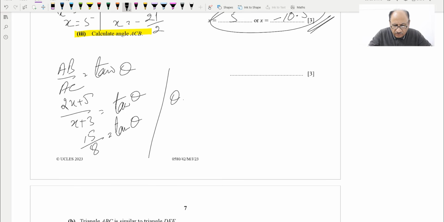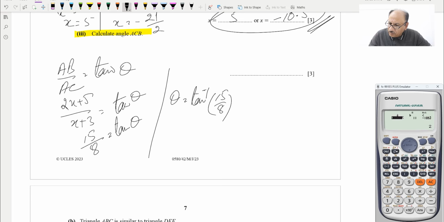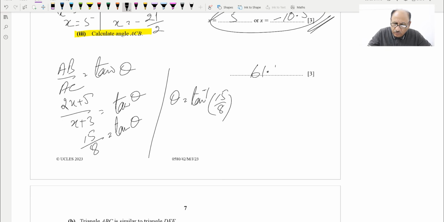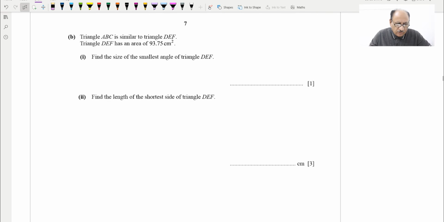So this implies theta is equal to tan inverse of 15 over 8, and we can calculate shift tan of 15 over 8, and this is equal to 61.9. So 61.9 degrees will be our answer for 3 marks. Hopefully you understand this. Now for B part says